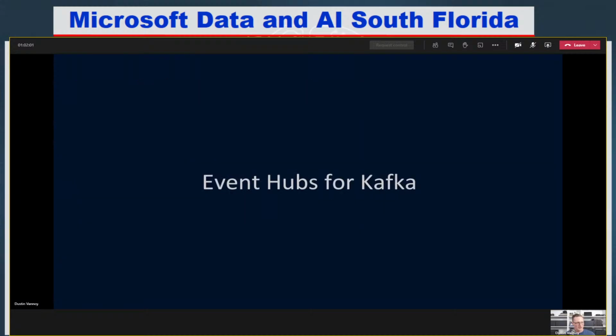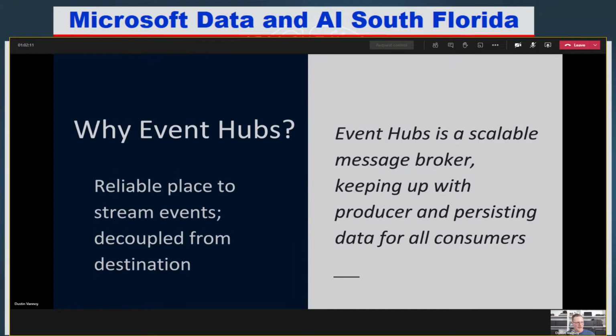So Data Lake Storage is where we store a lot of the data if we're building out a data lake. Of course, there's SQL Server and other places we could be streaming data to. Upstream, and remember, before we get to Azure Databricks, we've got to get that streaming data from somewhere. And we use Azure Event Hubs or Apache Kafka. I'll talk about the differences in a moment.